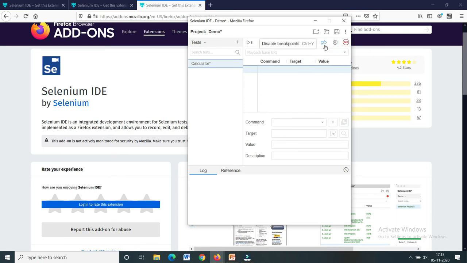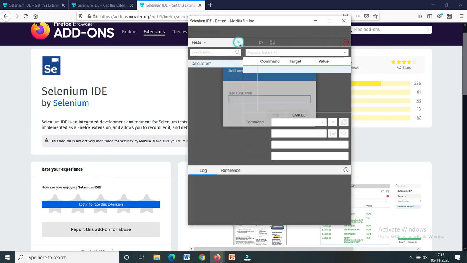Here is the menu for disable breakpoints. One important feature is recording. This starts and ends your recording sessions. It will record one by one, and each browser action is entered as a Selenese command in the editor.